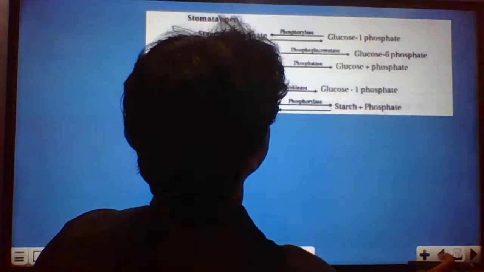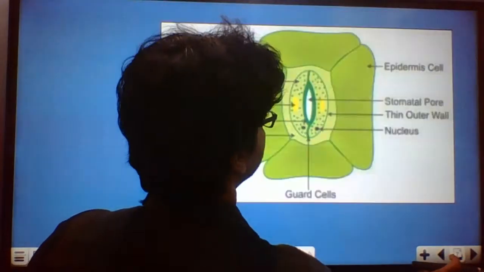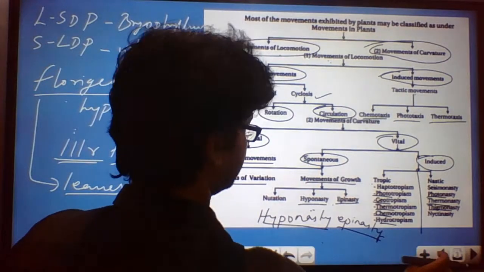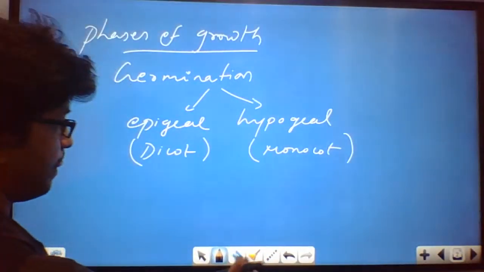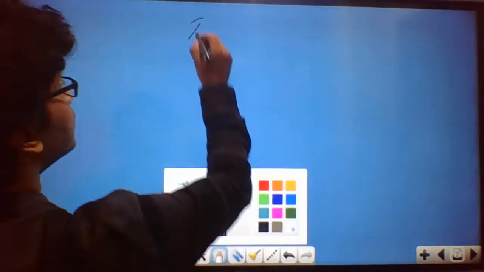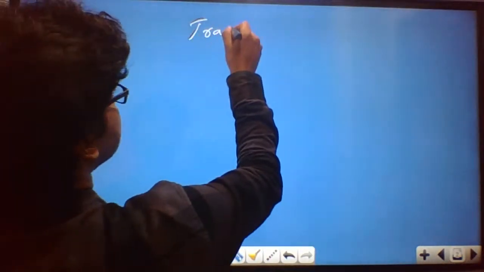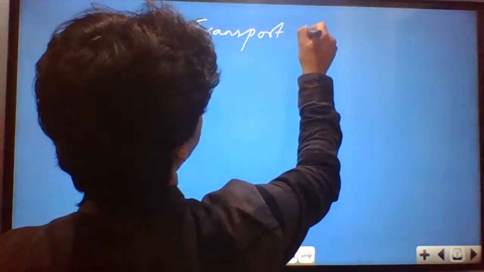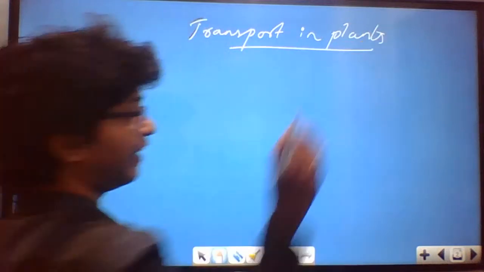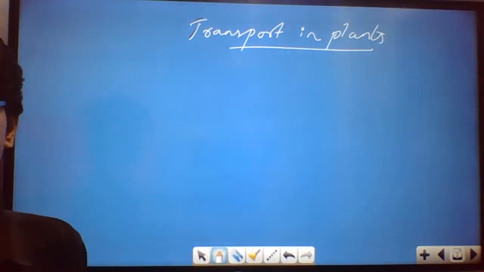So we'll start with transport in plants. Let me remove the slide. Okay. Transport in plants. Few areas that we can cover in this chapter. The transport in plants, that is